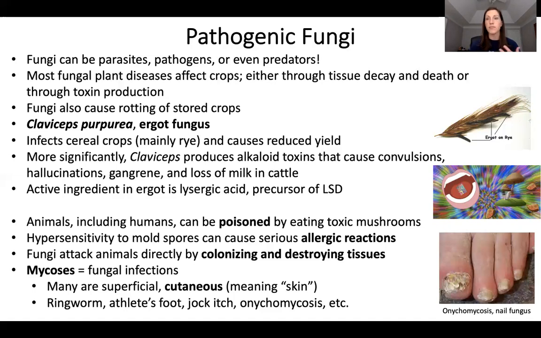They also cause rotting of stored crops. So if you think about, let's say, for example, wheat. Let's say you've harvested your wheat and you've got it stored in some sort of a grain silo. If you get spores in there and those spores germinate, think about the way that fungi eat. They secrete exoenzymes, digesting food and absorbing the nutrients through their hyphae. So what you're really seeing when you see rot that's caused by fungi is actually their exoenzymes at work digesting that tissue to absorb the nutrients. So they're really just eating it.